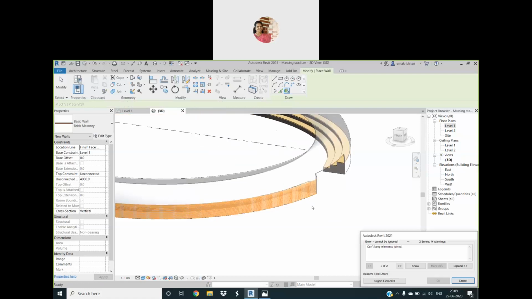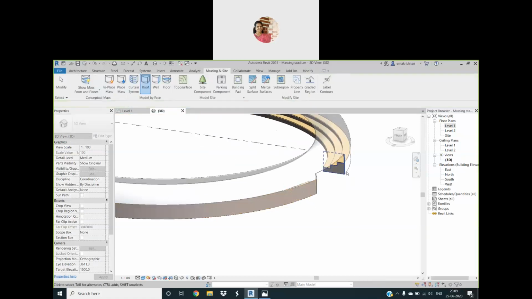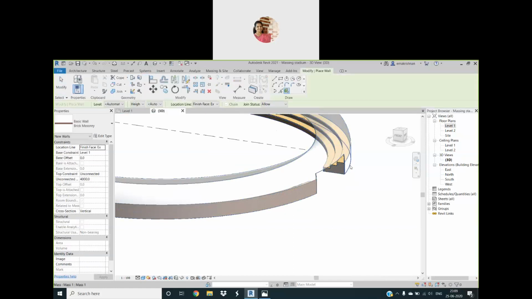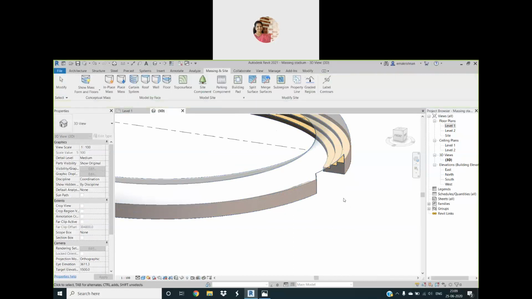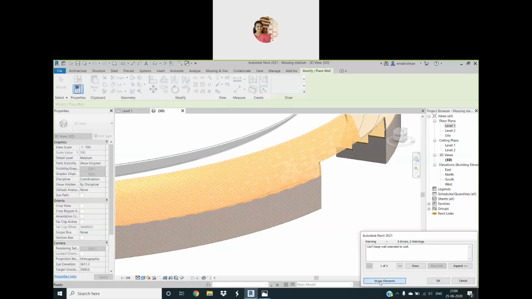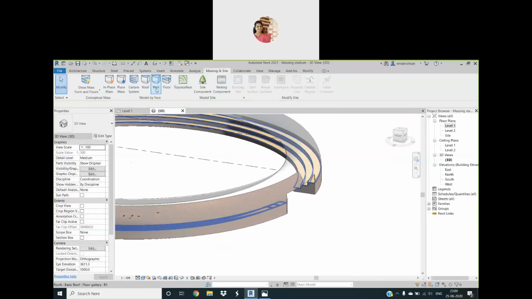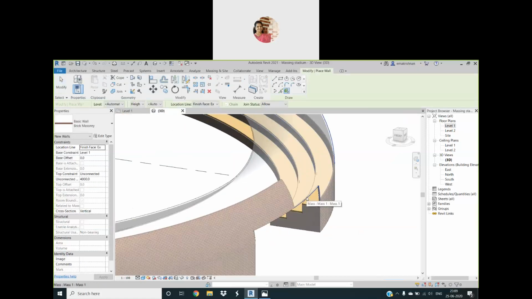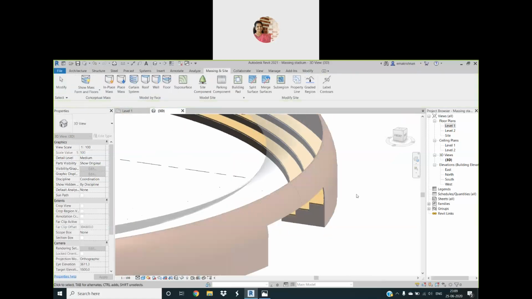Then what about the outer? Okay, so let me just click on that. There is a slight problem in joining. It's okay. So I will just create. Yeah, that's fine. Then this side also let us convert as a wall. Okay, so I will just come here and let us just click on this face. So that has come. Then this one also, we can just click on that. So that also got created.